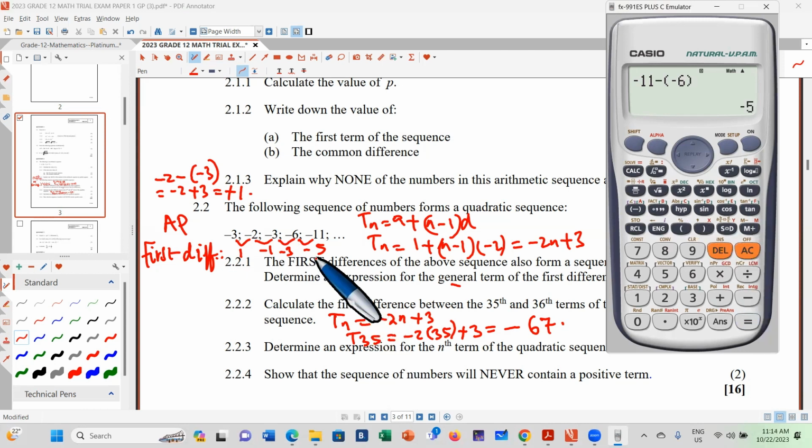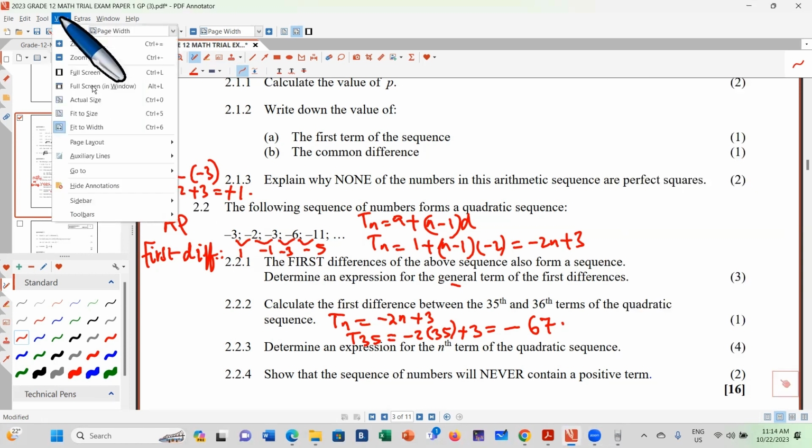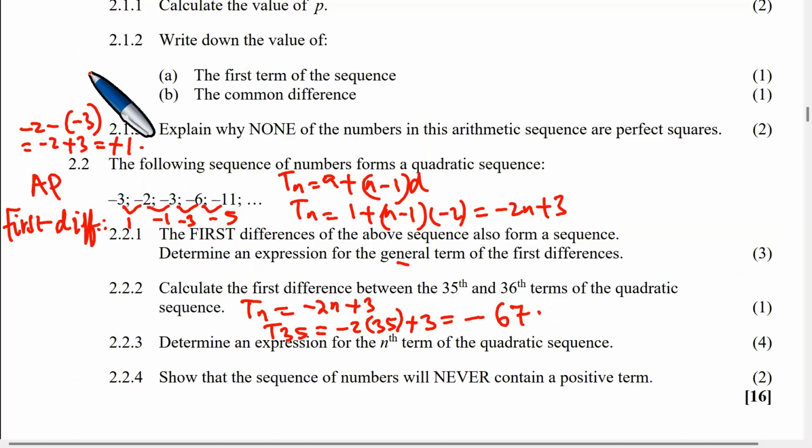So you have minus 5. Okay, so this calculator confirms that indeed we are right. Okay, let's go full screen now and continue with the rest of the work we're doing. Okay, now